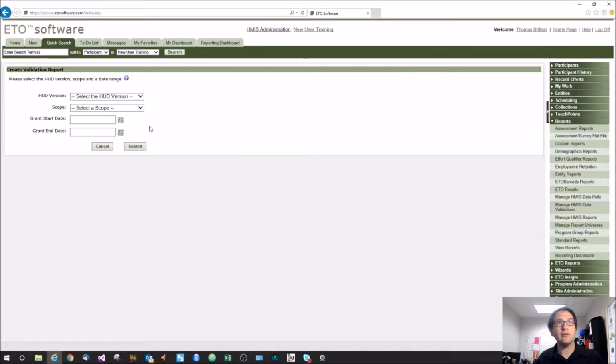It's going to give you a few drop-down boxes. The first one is what version of the data do you want to look at? For us, right now, this is before October 2016, so we want to use the 4.1. So we select 4.1, then we're going to select our scope. So if I select this option, this program,